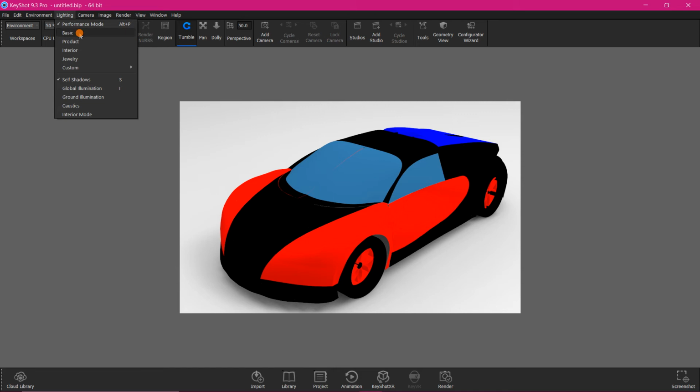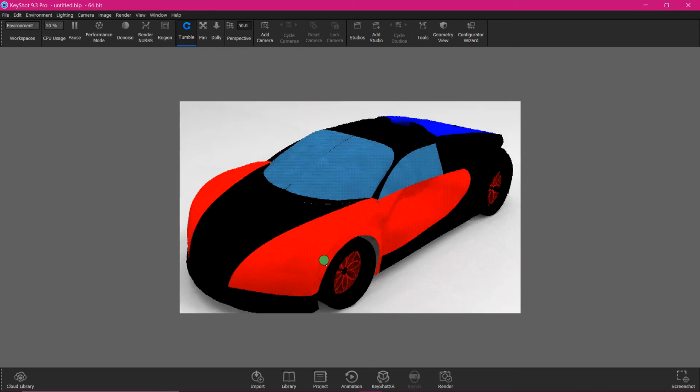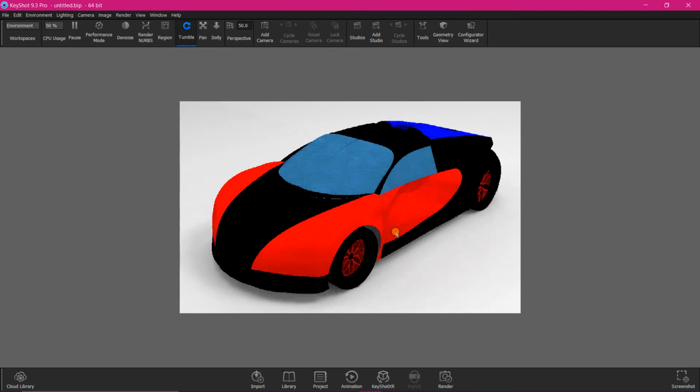So then if you put it basic, it will be like this. And go to lighting, I just put jewelry here, so you can see everything. If I put custom, as this is a cracked version, you can't find custom inputs. So I just kept it in jewelry mode. So you can see this rough scaping here. So that will be in jewelry, but for now I am keeping it performance mode.